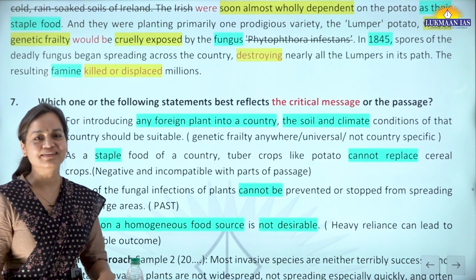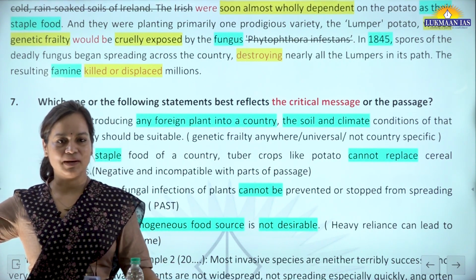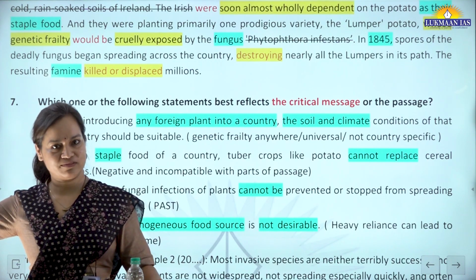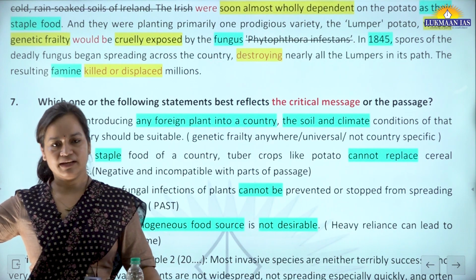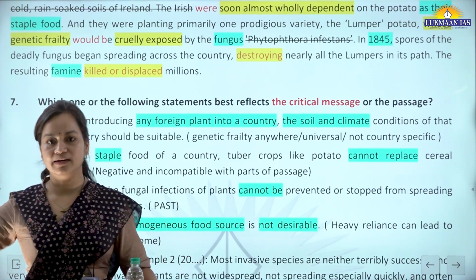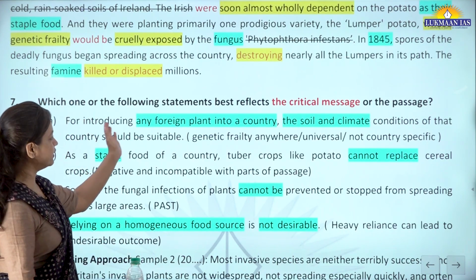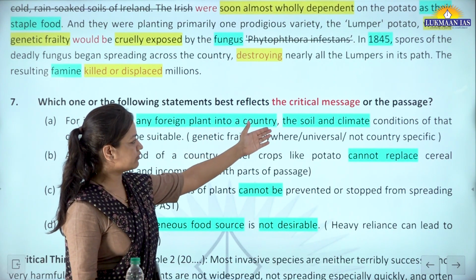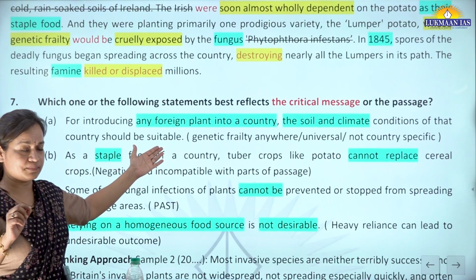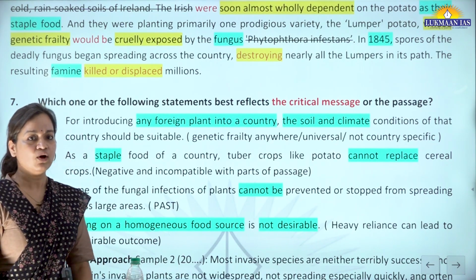Because what we learn from geography or experiment in one part of the world, we may replicate if that was successful in that part of the world. If that was not successful, then we may avoid that situation and learn a lesson from it. What's the lesson that we learn? We can learn that for any foreign plant introduced into a country, the soil and climatic conditions of that country should be suitable. Well, that's a general statement, but does the passage emphasize this point, which is option A, or